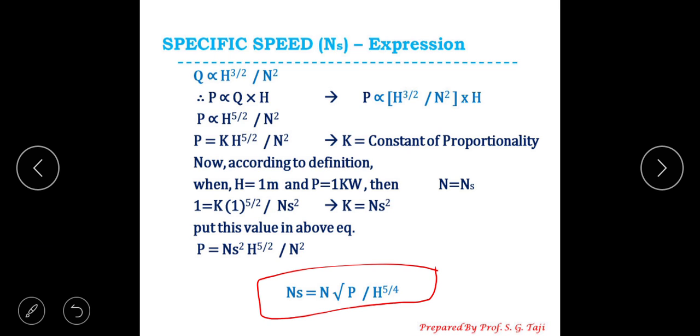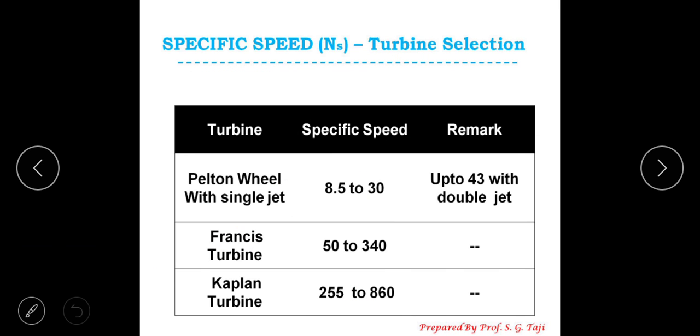The same formula we used in the last class when the numerical problem asked what is the specific speed. I said, take it as granted that you are aware. Now you came to know. Am I right? Is it clear? If you have any doubts, put them forward on any platform. We are ready to solve it and convince you. Otherwise, in the next class, you raise the question. We are ready to answer you. Okay? Next slide. Specific speed.